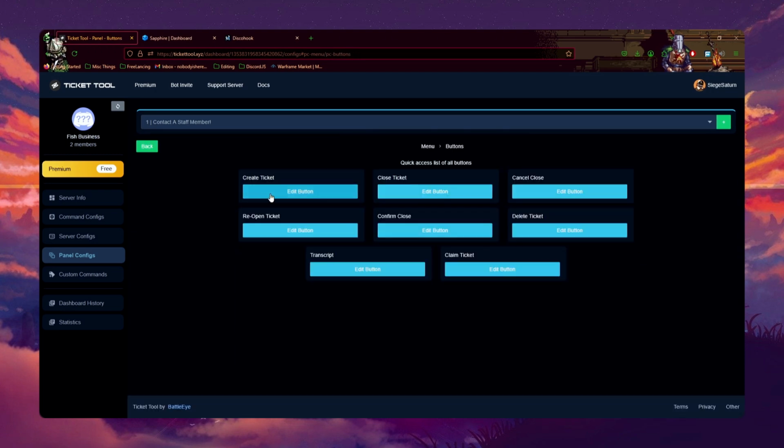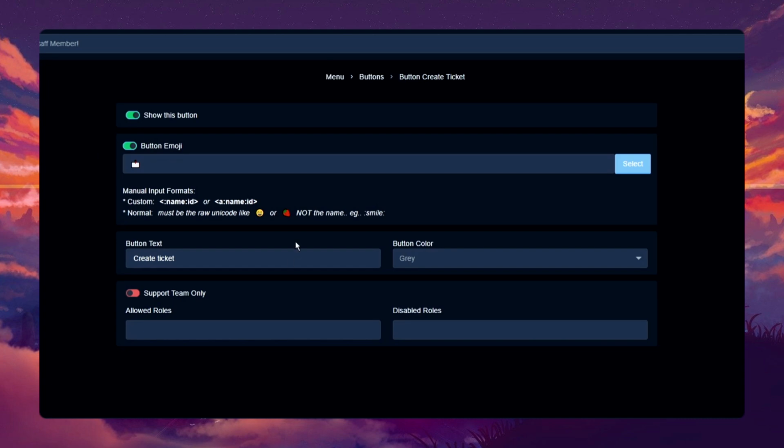We're going to go to buttons. Here you can change the name, the button text, the emoji used, the color, stuff like that. If you want to make buttons only accessible to support members, you can enable this. We usually don't suggest you do that to the create ticket button, because that just makes it closed for everyone